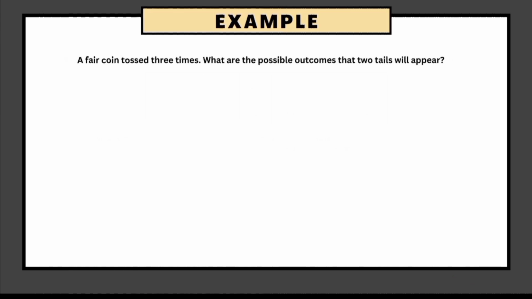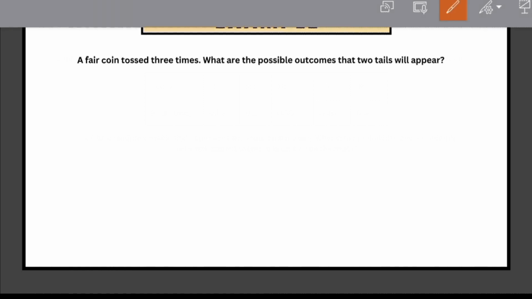So we have another example here. Suppose a fair coin is tossed 3 times. What is the probability that 2 tails will appear? So our solution here is that the probability mass function for a fair coin tossed 3 times can be defined as follows. Let X be the random variable representing the number of tails obtained in 3 coin tosses. We may assign the values 1, 2, 3, and 4. So our sample space, if a fair coin is tossed 3 times, will be